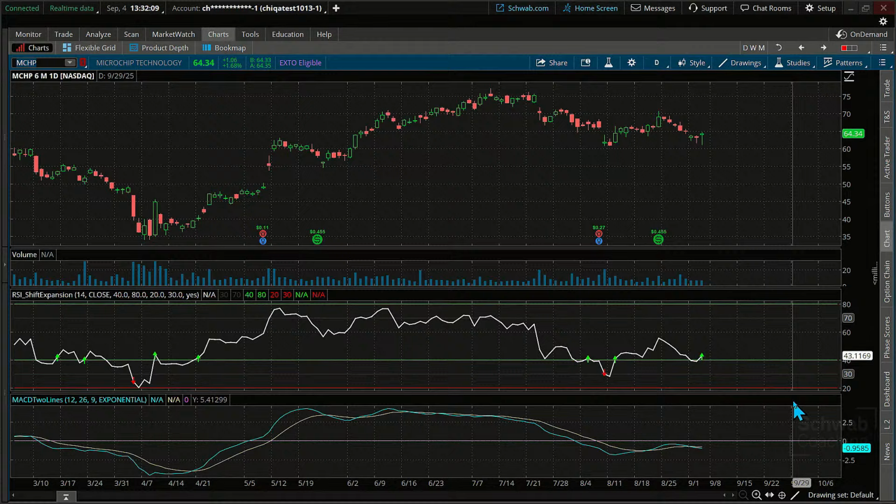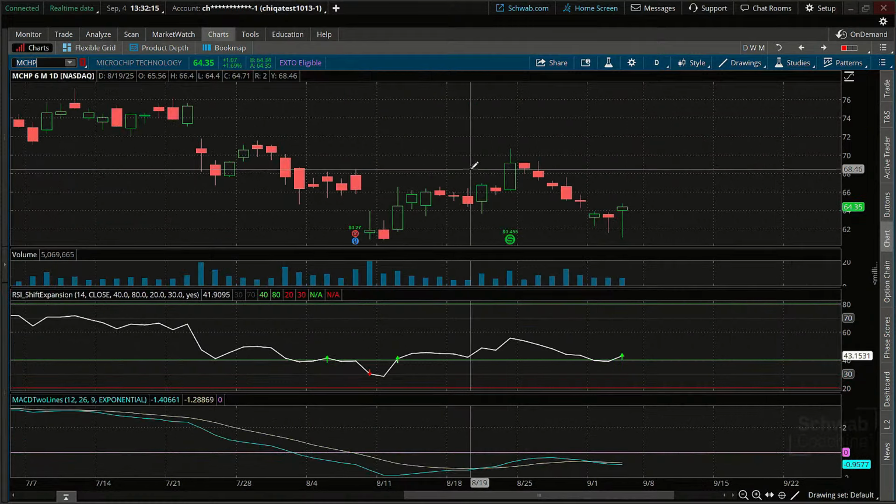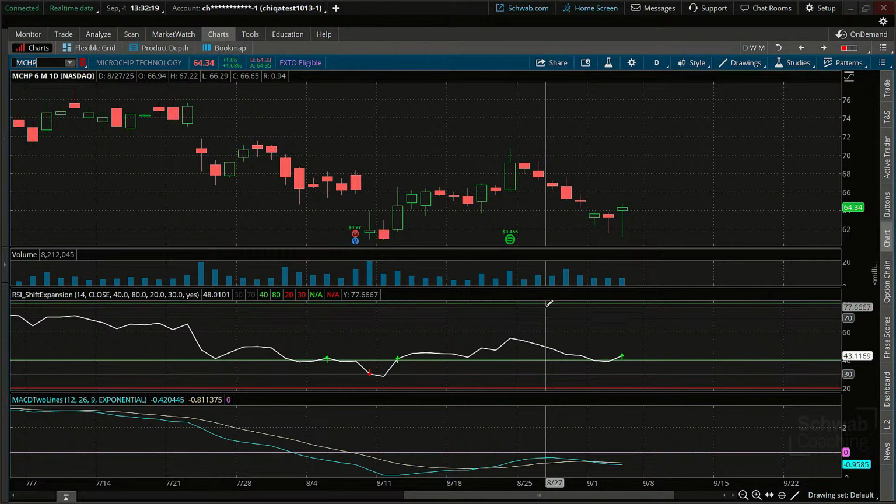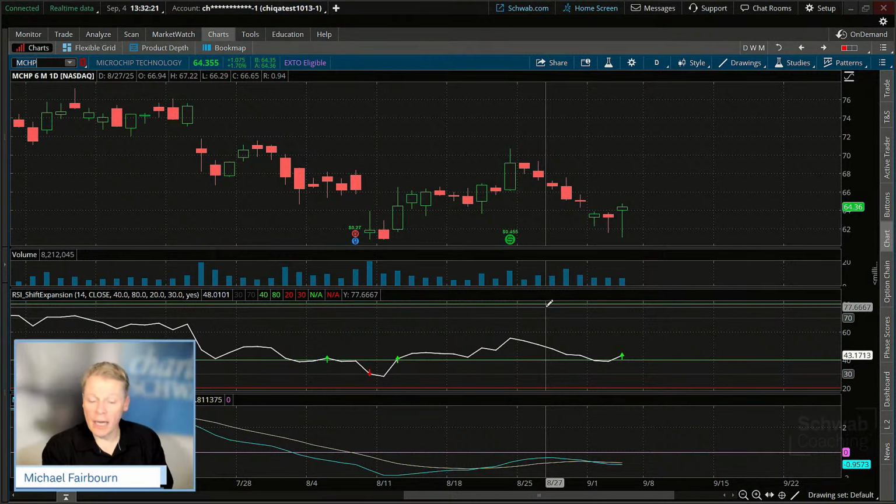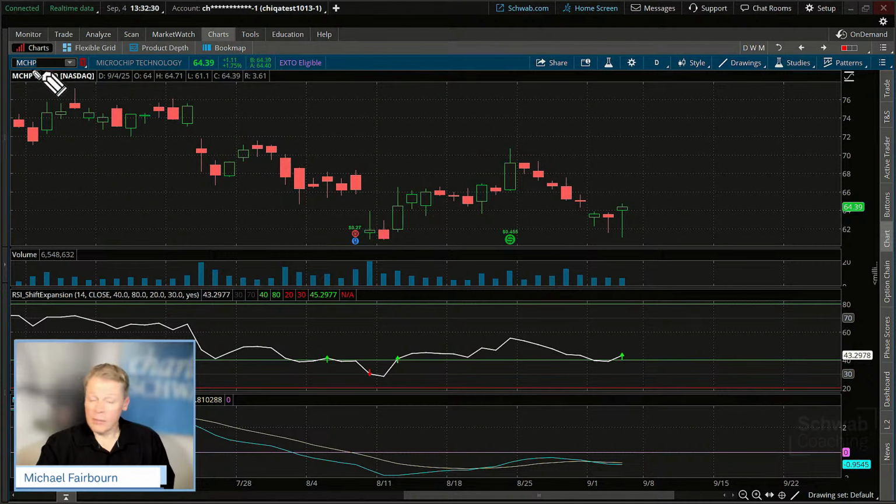Now, what do we have down below? Do we have the MACD signaling yet? We don't. Remember that class about 2-3 weeks ago? We talked about waiting for further indications that we might receive by an expansion of the MACD. Well, let's add the MACD code in here. MCHP is not going to pop up for sure, because it hasn't crossed over yet. In fact, we're in that negative territory.